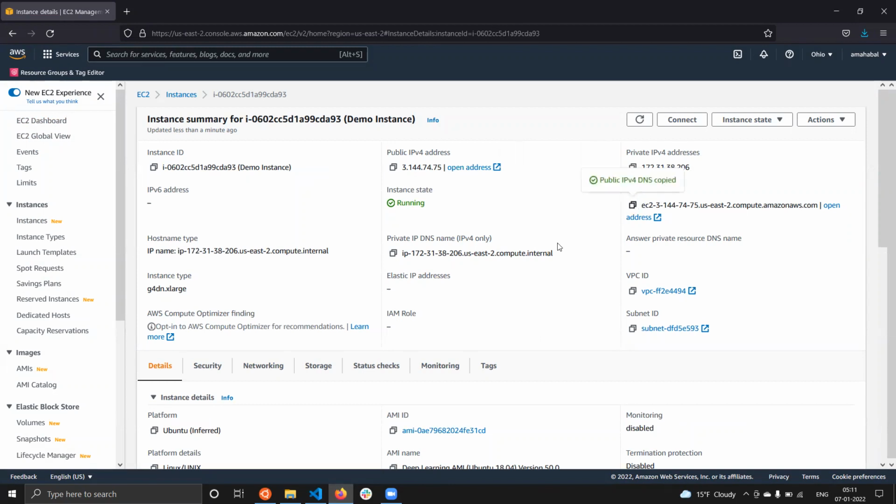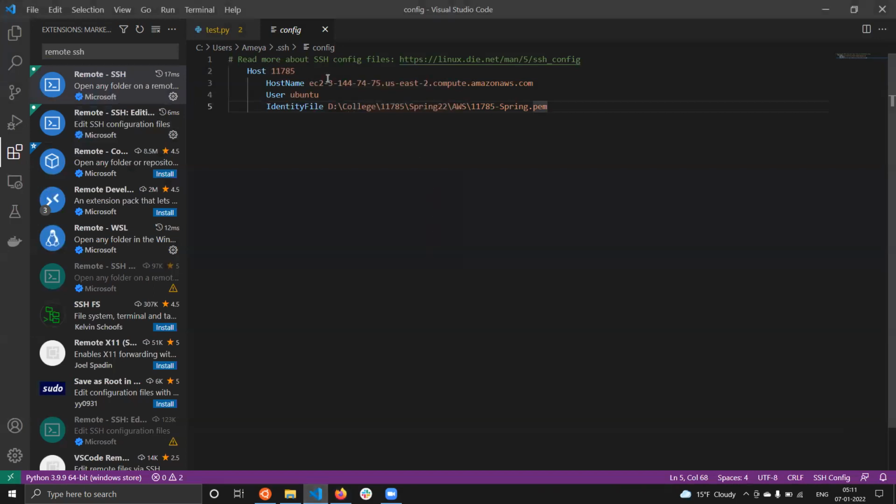You want to copy this address and paste it in front of host name. You want to set the user as Ubuntu, and the identity file has to be the path to your PEM file. This is the path on your local computer, so you can customize it based on whatever that is. And once this file is set, you can now connect to the remote host.